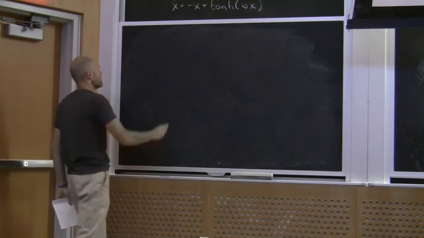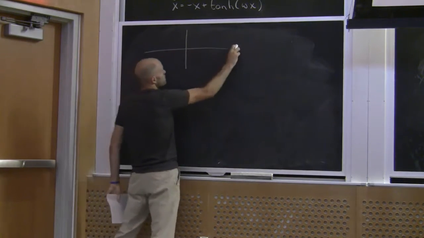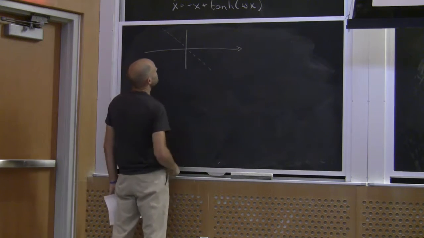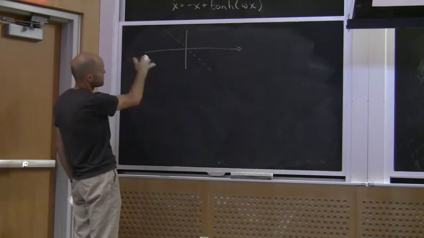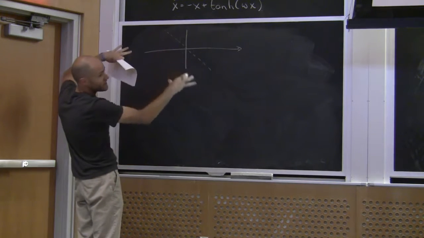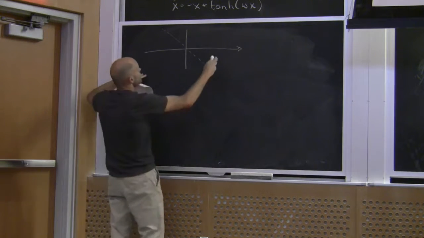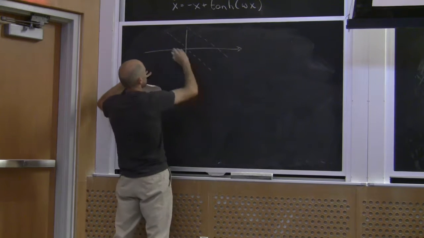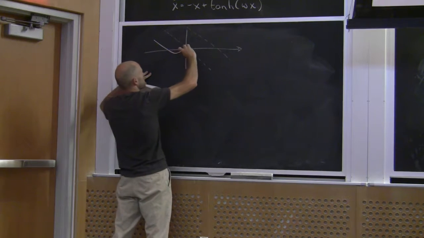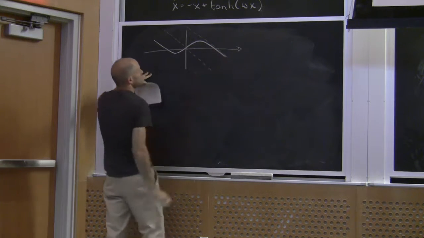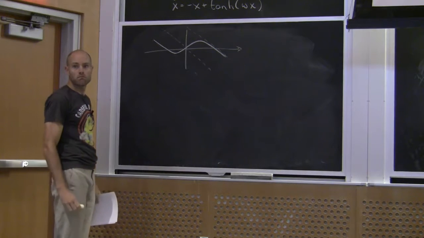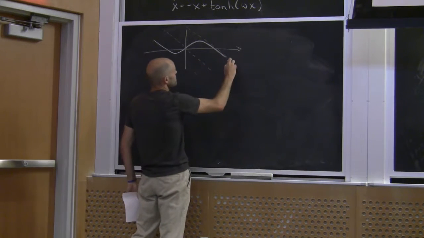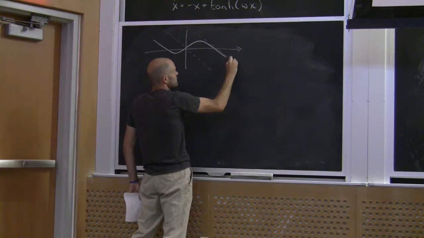I can plot that. Negative x looks like that. So I've got some contribution from that, and then I've got that tanh sitting on top of it, so it goes between -1 and 1, so it's going to look somehow like this. It's my tanh. Something like that. Depending on w, of course, but let's say that's my